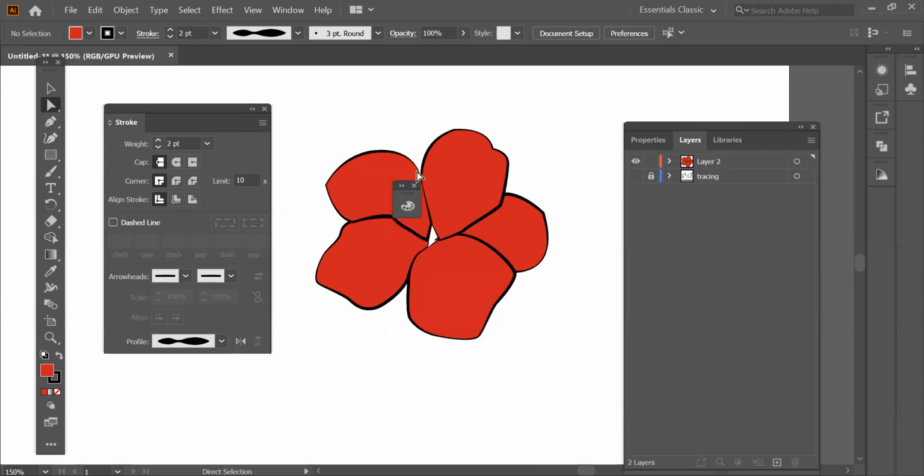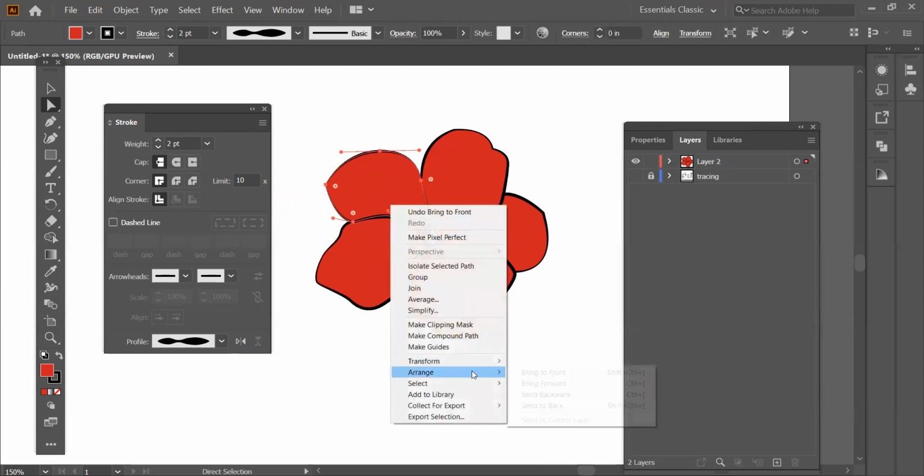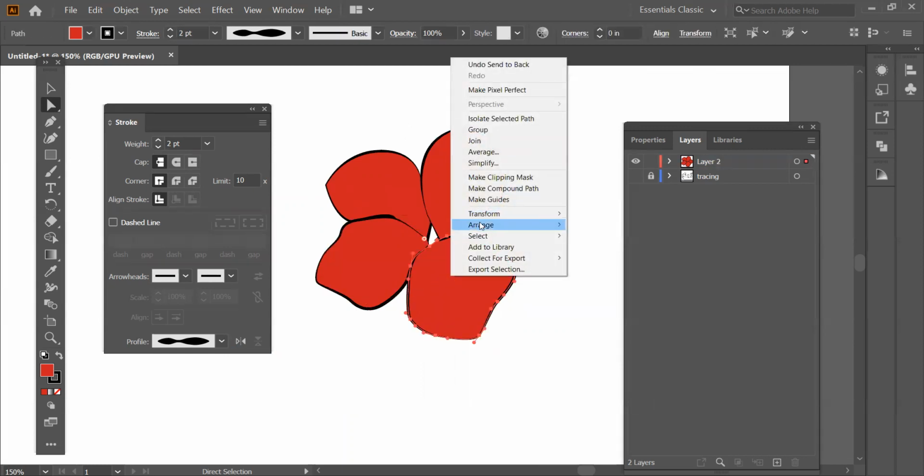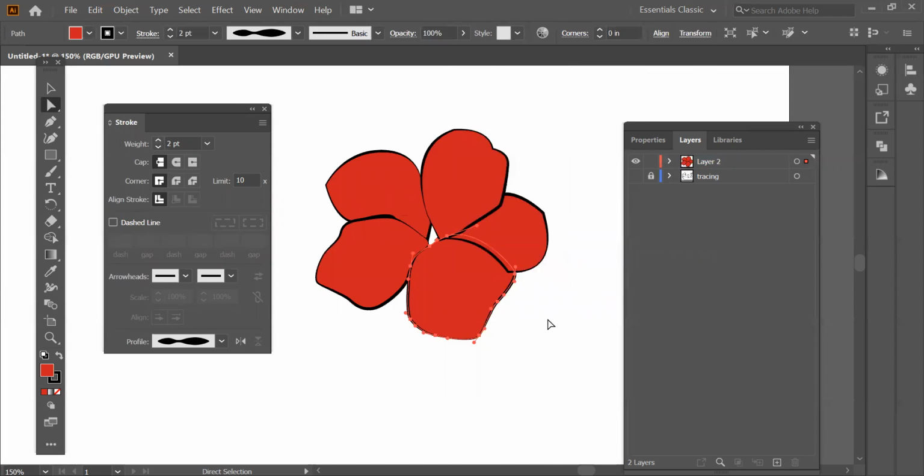Arrange, Bring to Front. Now see that petal is overpowering that one, but I don't want that, so I'm just going to send it to back. Now see, same. Okay, which one should be at the back? Let's send this one to the back so that this one will look more proper. Arrange, Send to Back, and now see. So look at the flower. In the starting, it was looking so bad, but now once we are done, it's perfect.